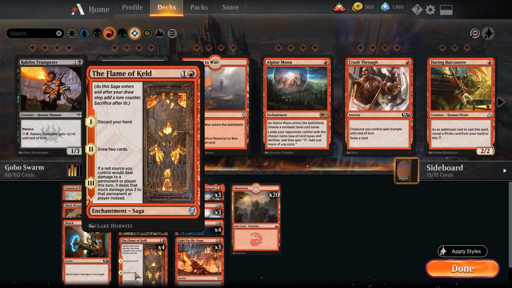To refuel, we're using the Flame of Keld. It's also really good with the Cavalcade of Calamity. So 2 mana for an enchantment that says discard your hand, so we want to get empty-handed before we cast this spell, or at least not worry about the cards that we're losing. Chapter 2 allows us to draw 2 cards, so the turn after this comes down we will have 3 cards in hand, and we want to be trying to empty that hand out as quickly as possible,